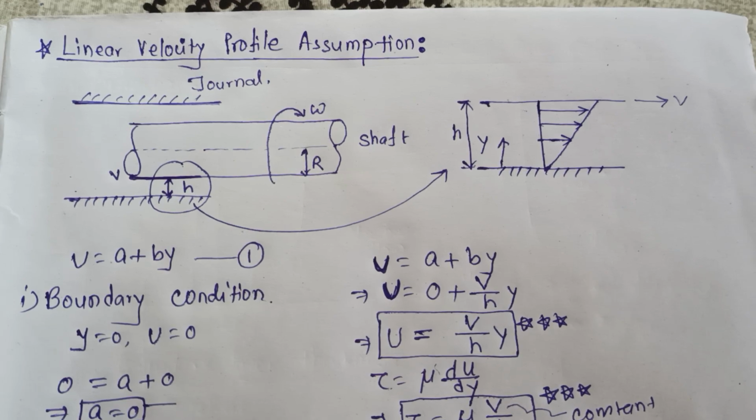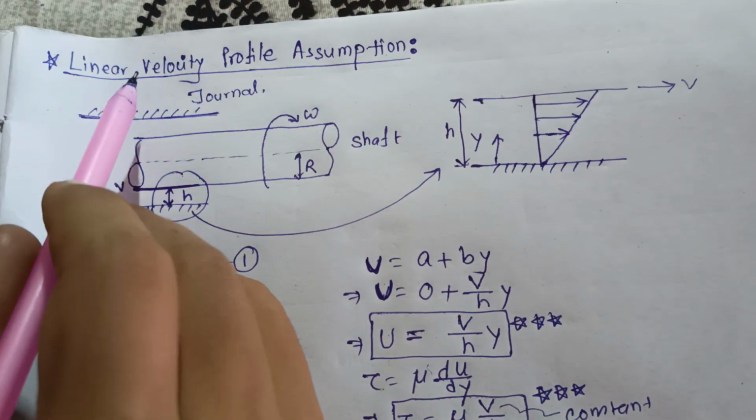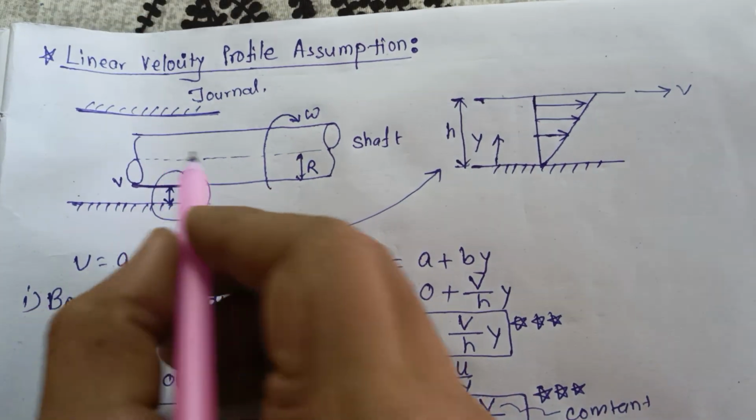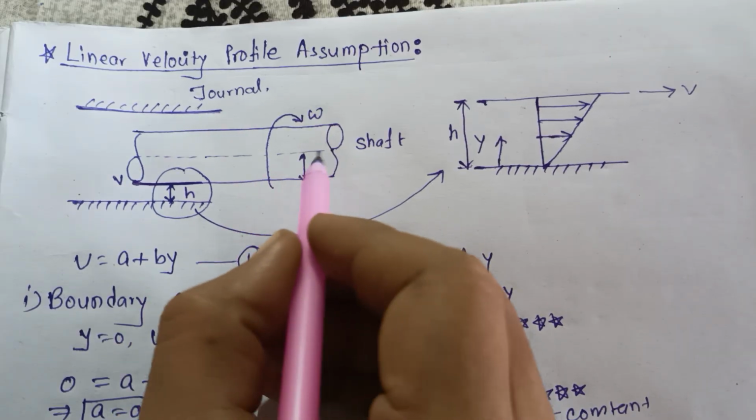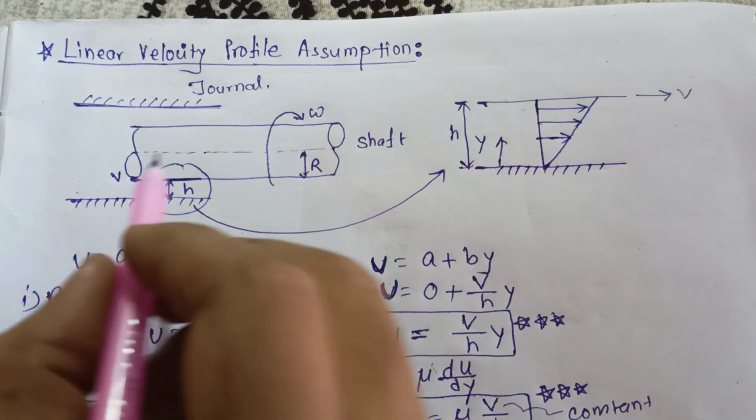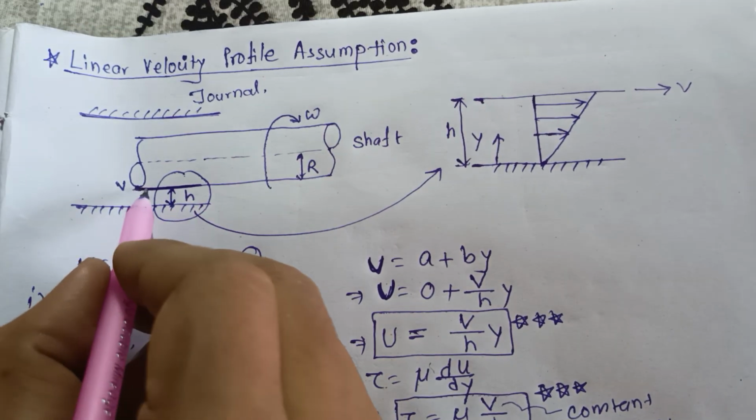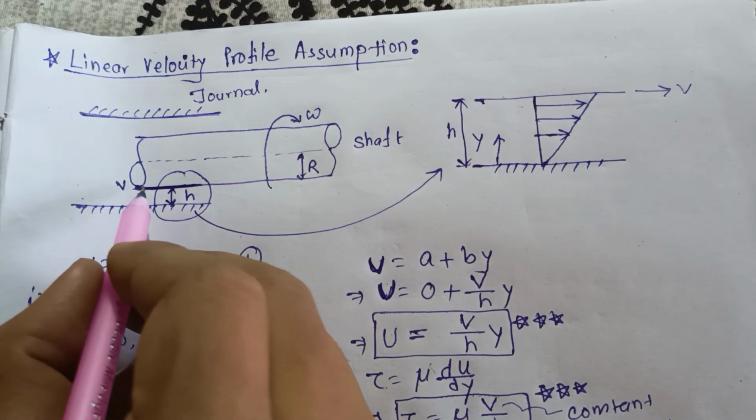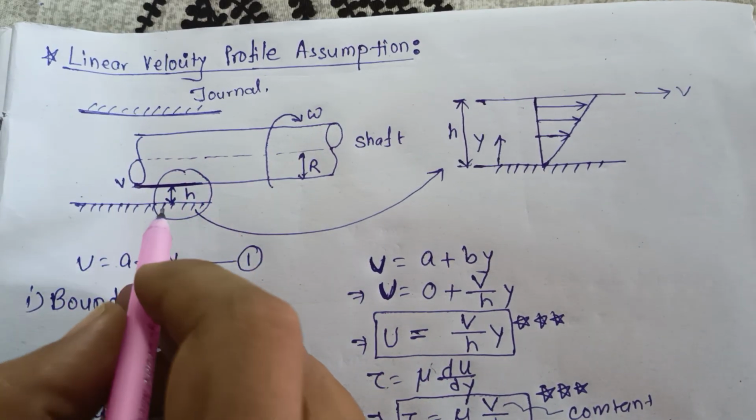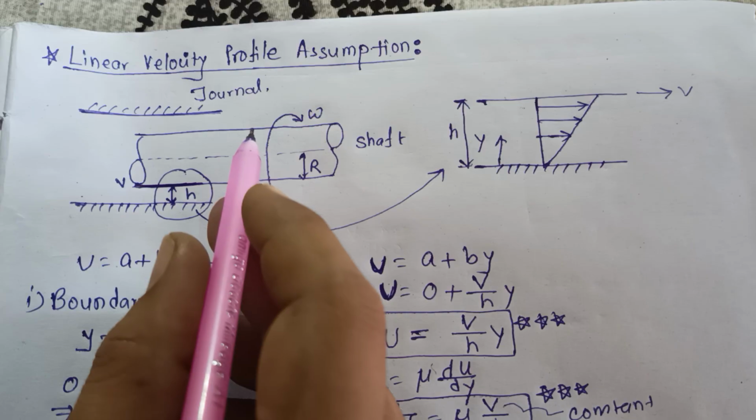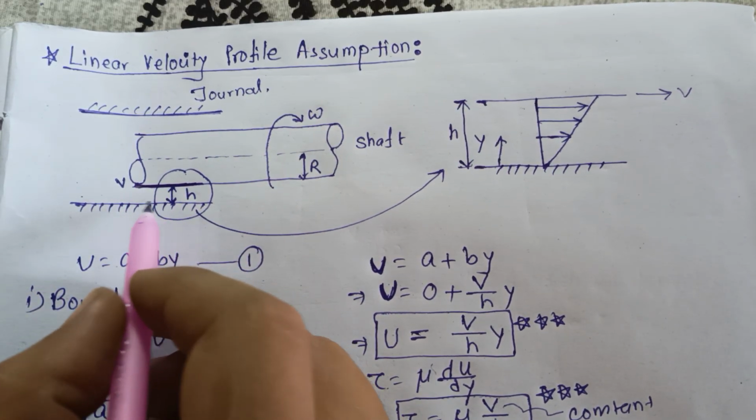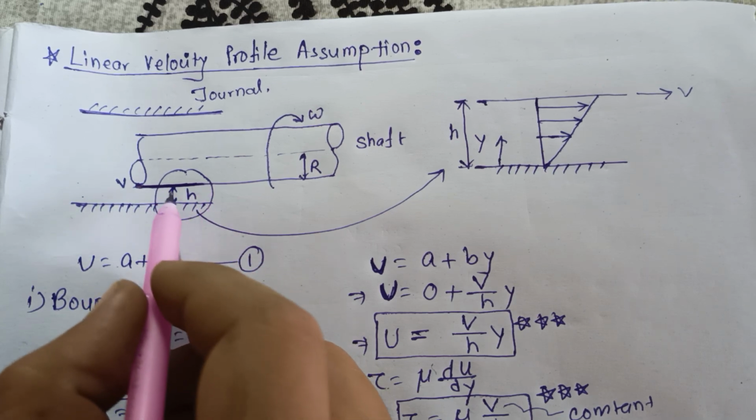Hello friends. So today we'll discuss the relative velocity profile assumption. Here there is one shaft, and the shaft has radius r and angular velocity omega. The linear velocity here is v, and there is one journal bearing. The shaft is kept in the journal bearing, so the distance from the bearing wall to the shaft is